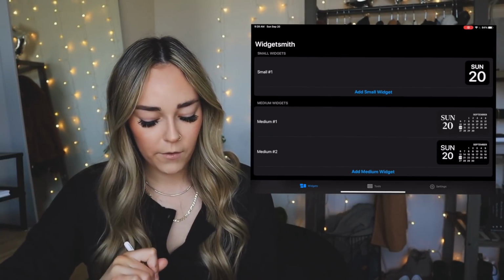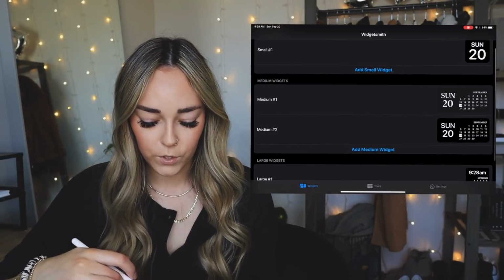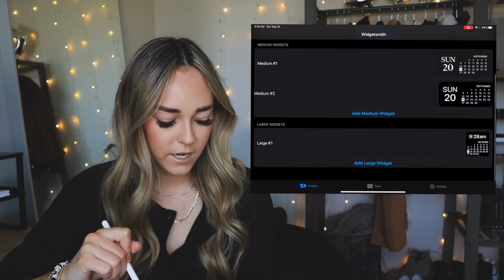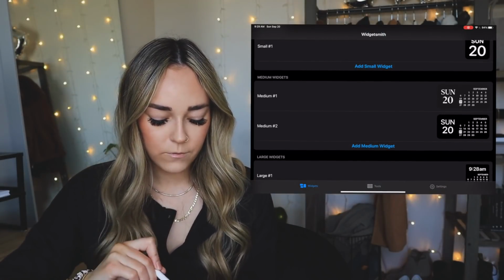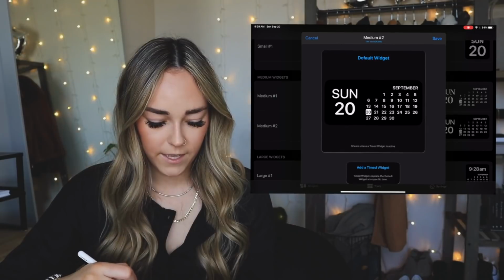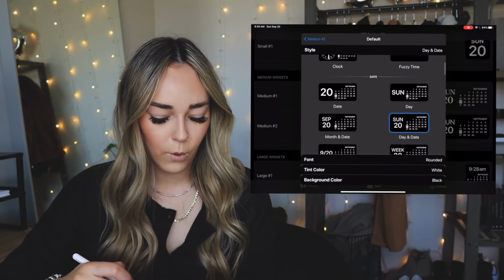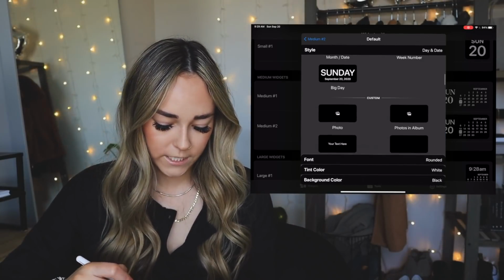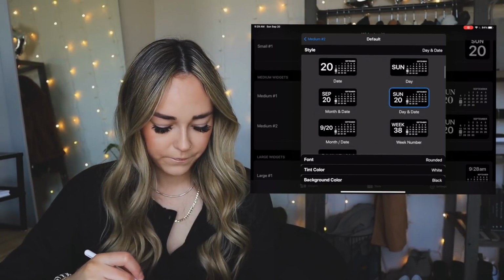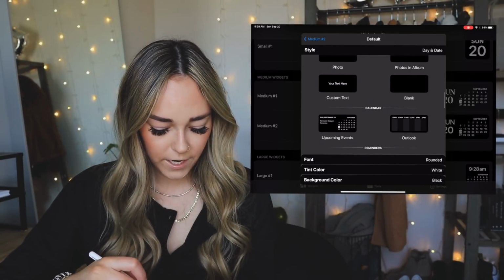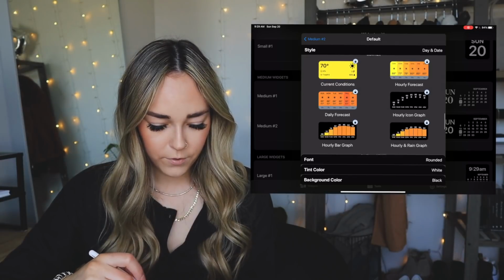So we're gonna go in, I wanna add a calendar widget, I think, onto mine. So we're gonna go in here, we're gonna do a medium widget, we're gonna tap this, and then these are the options that you have for the medium widgets. So let's see. You can do a custom, you can add reminders. If you upgrade and add